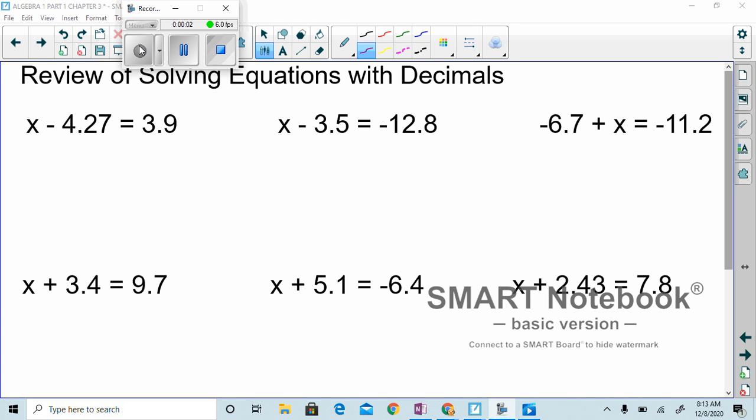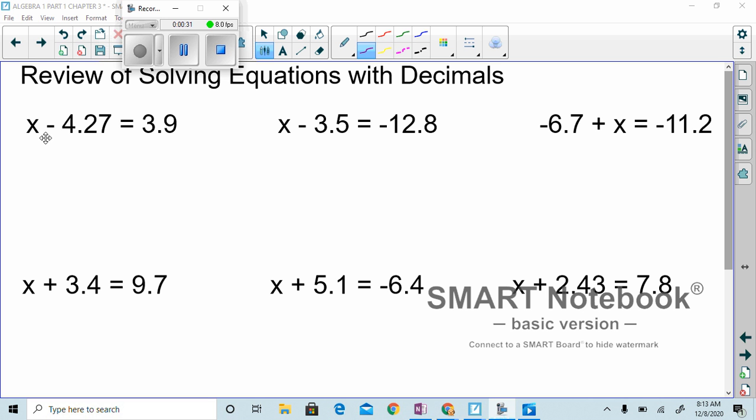In today's session, we're going to spend some time working on equations with decimals. As you recall, we're going to solve these the same way that we solved equations with integers or whole numbers. We do have to watch out for our decimals, and of course we have to watch out for our signs. Let's get started. When I see a subtraction equation, I know that I need to do the inverse operation, which